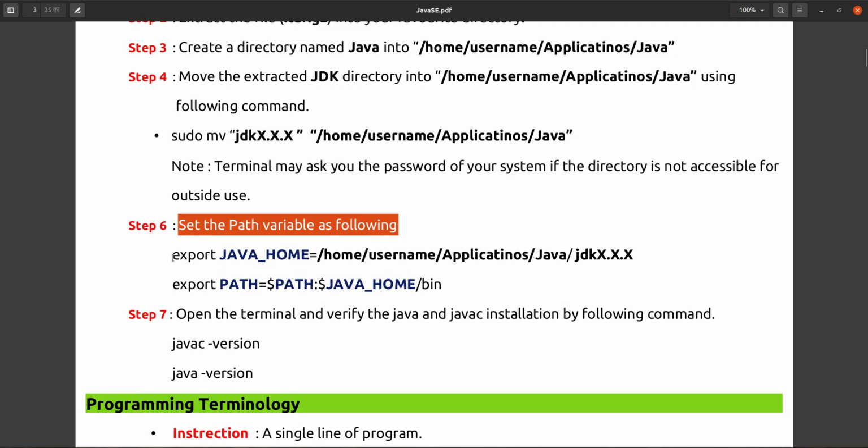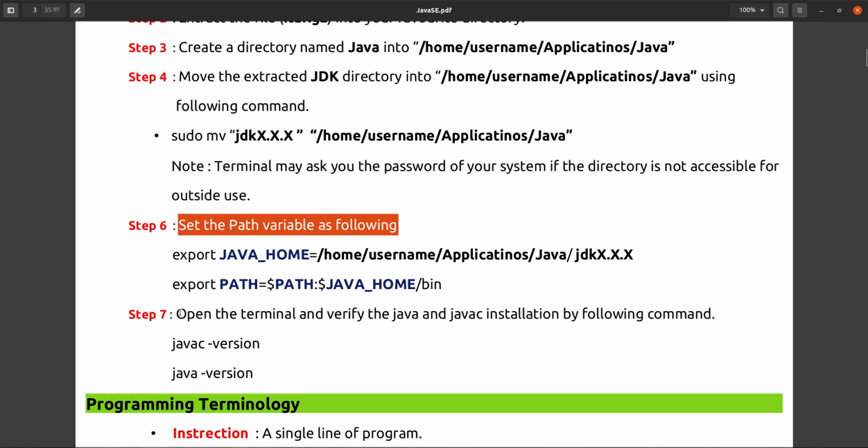In the Linux operating system, there is one profile file. The profile file defines your operating system profile, meaning all the paths and shell script paths are present in that file. So in that file only we have to add these lines, and this path will be set in your environment after restarting your system. Just restart after setting this path, and the path will be set.